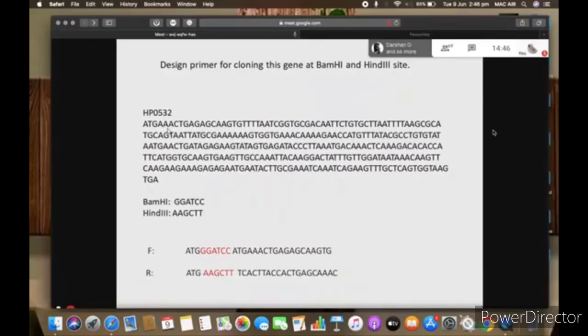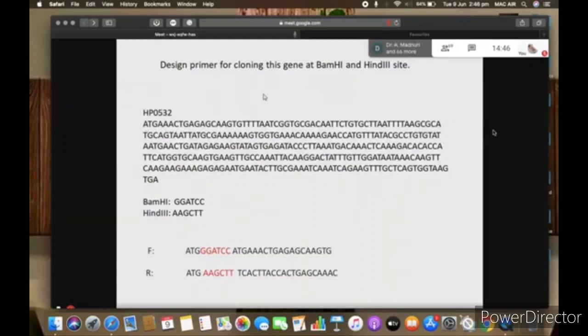So here our purpose is to produce recombinant protein. After cloning, our purpose is recombinant protein. So generally we should not avoid any sequence, so we will take from the starting ATG. This is the start codon, so we must start from here.